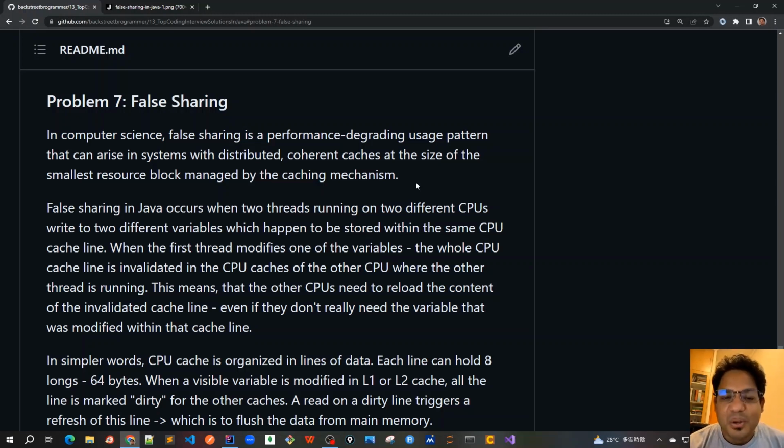Good morning, friends. Today we'll cover problem number 7, false sharing, in our tutorial series on top coding interview solutions in Java. So, what is false sharing? I think this is a very common interview problem which has been asked